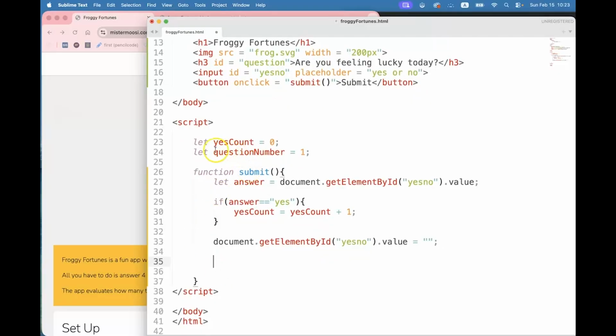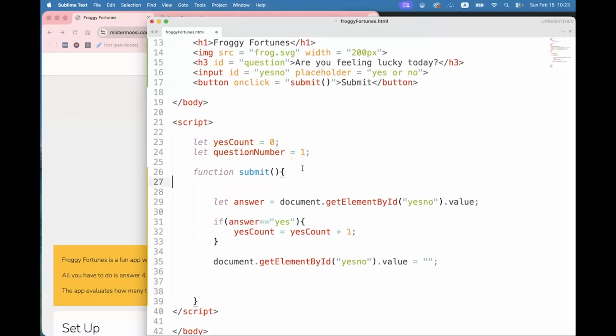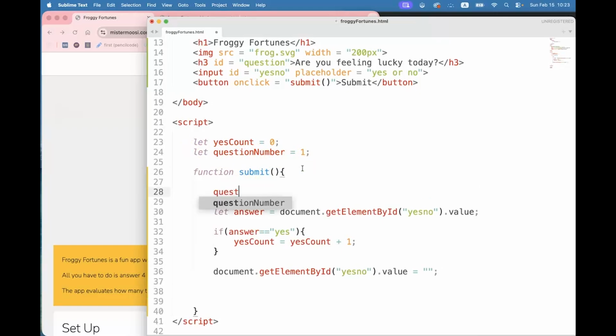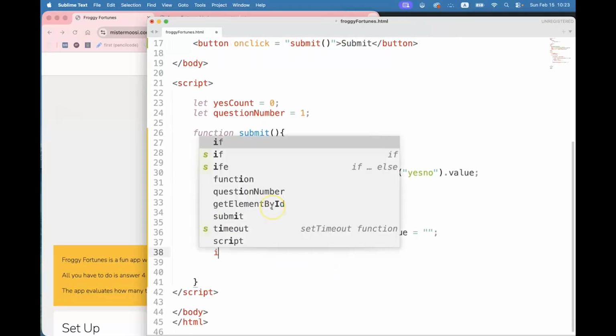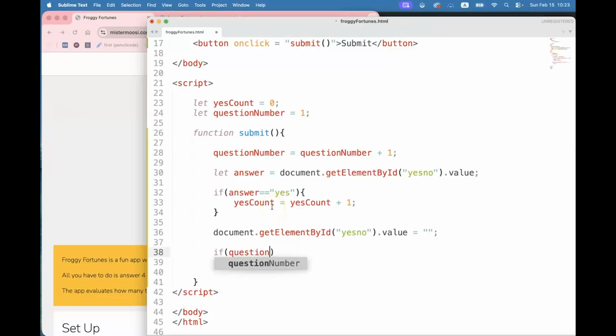Well, when we click submit, because we want the next question, we need to update the question number as well. So let's do that as well. Question number equals question number plus 1. Okay, we're going to get the next question. Now let's think about the logic of this, guys. Okay, if question number is the same as 2, then